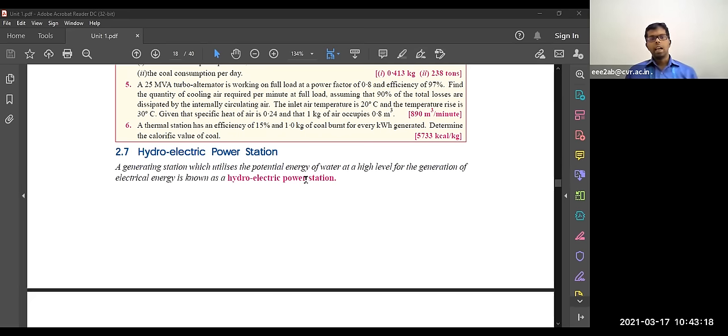So next is the hydroelectric power station. A generating station which utilizes the potential energy of water at high level for the generation of electrical energy is known as a hydroelectric power station. So it utilizes the potential energy of water at high level. Water, as I already said, is stored in